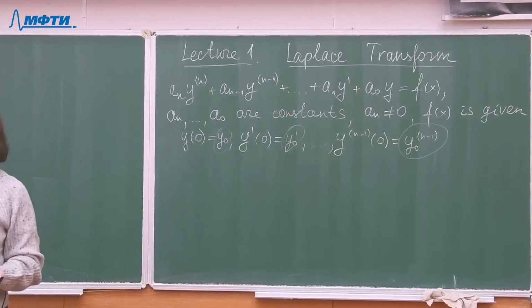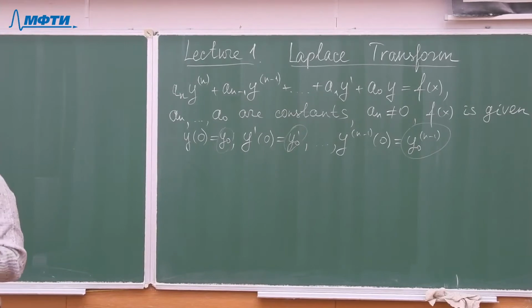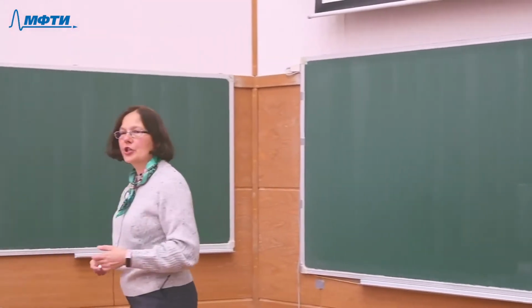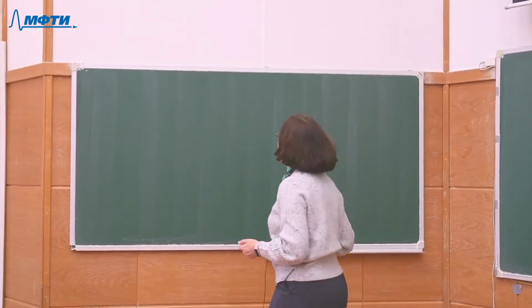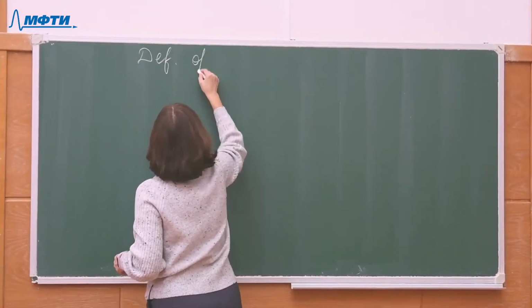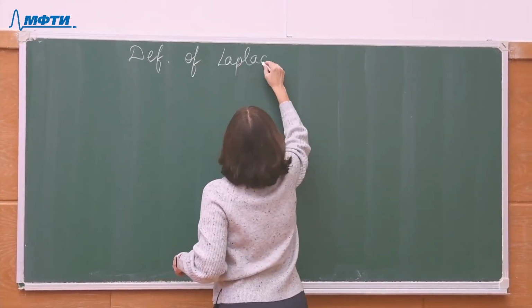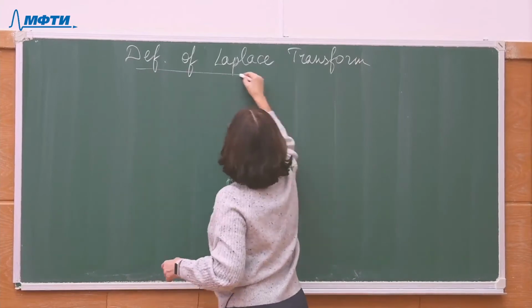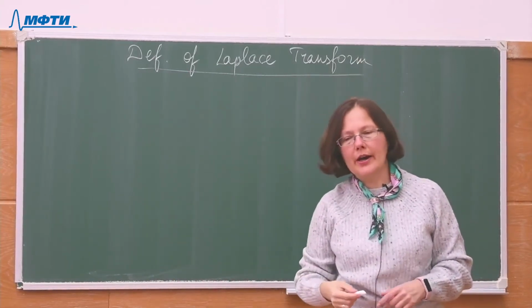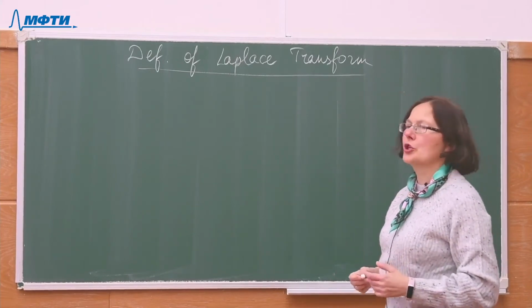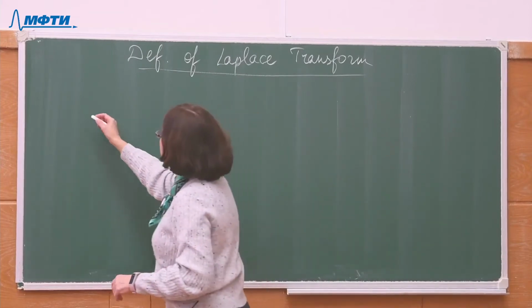But now we will need some definitions, theorems, and some preliminary facts to develop this theory, right? And we will start with the definition of the Laplace transform. I will use this part of the blackboard. So definition. The Laplace transform of a function is defined via an improper integral, and so we will repeat the notion of an improper integral. So suppose f of x